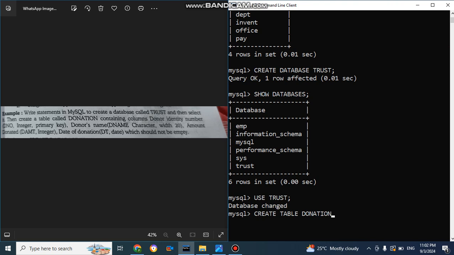Create table donation. After that, opening bracket, then in that the column names are donor identity number. So the column name is DNO. Its type is integer, so I am using smallint, and it is a primary key. After that, here